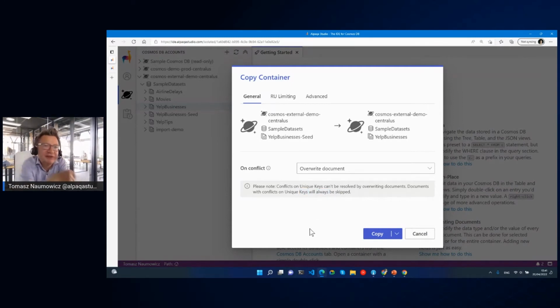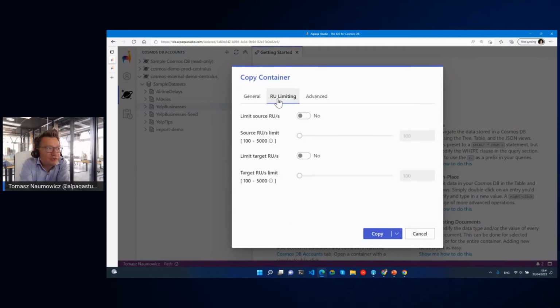So it's really great for developers when you start building applications, when you want to see what happens, when you want to do some changes. You can have a lot of experimental data and just move it back and forth, or just pull a quick copy of your data. And that's really, really powerful and heavily used as well. What we added, because it's so popular, we added request unit limiting or throttling. So that's something that helps you to avoid potential side effects when you move a lot of data potentially from or